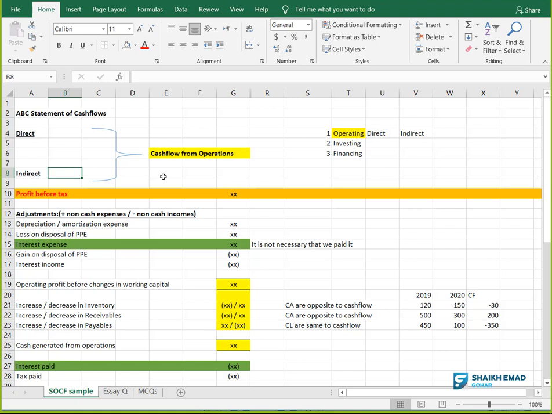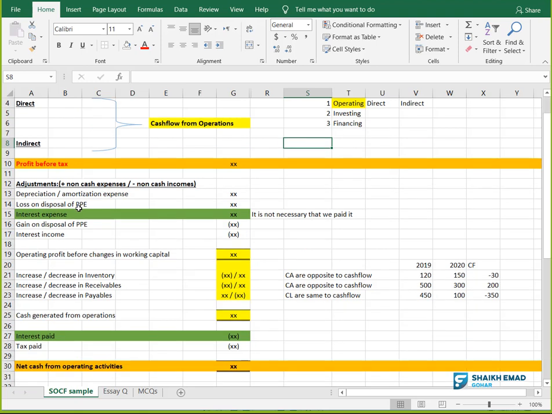What I'm talking about is, first of all, in statement of cash flows, you have three components. Number one is called operating activities. Number two is called investing activities. Number three is called financing activities. If you see, I have colored here yellow and yellow. Only the first activity, which is operating activity, can be calculated by either using the direct method or indirect method. I hope you are getting the story. The remaining two activities are calculated the same way, whether you use direct method or indirect method. Getting it? Because this direct indirect thing is only for operating activities.